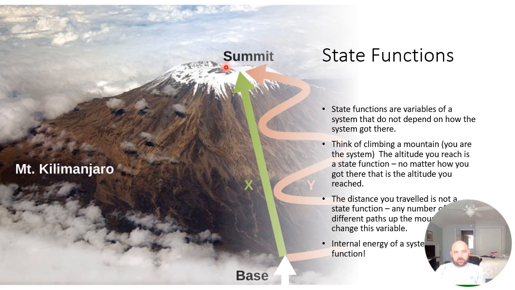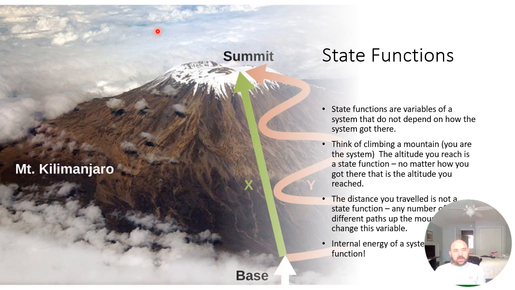Your altitude is one of your functions. We can say the function of system U is whatever the altitude of Mount Kilimanjaro is. And furthermore, it does not matter how or why, what path, in what way you reached the summit of Mount Kilimanjaro. You could have run straight up